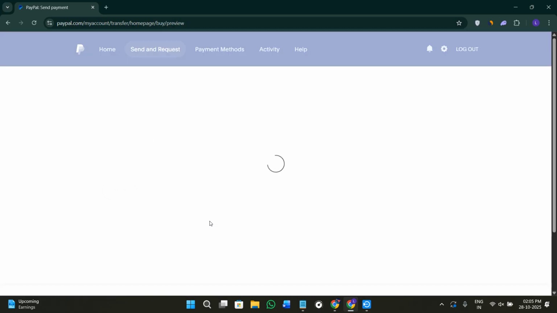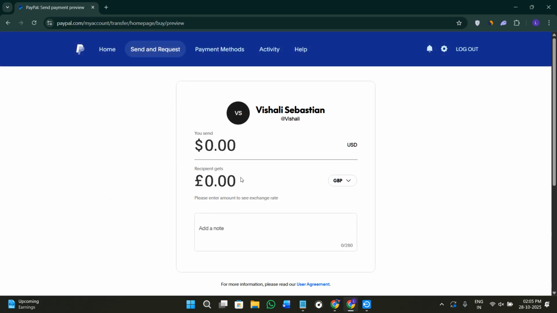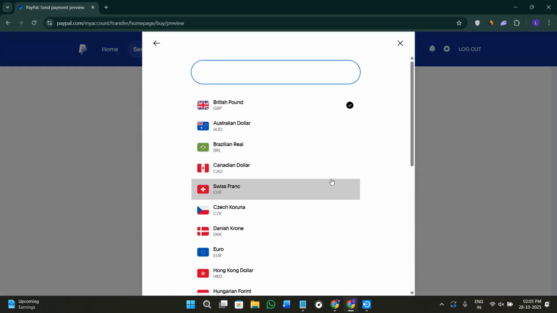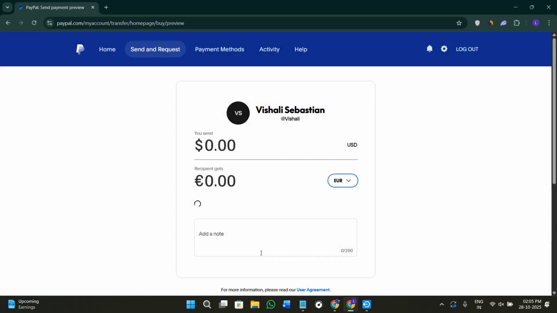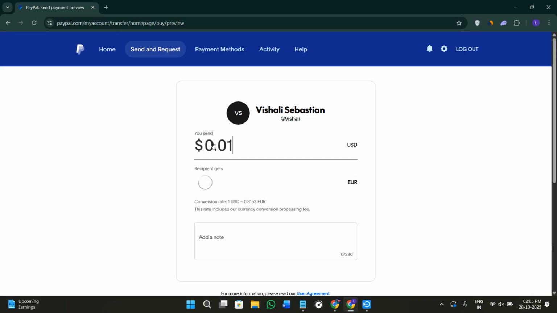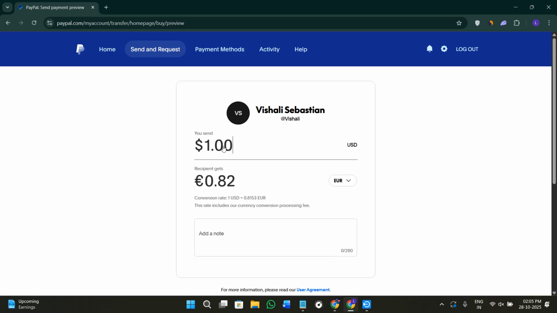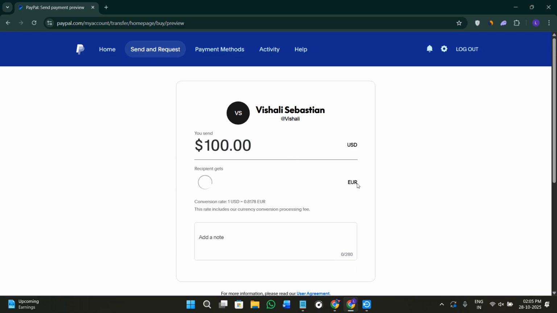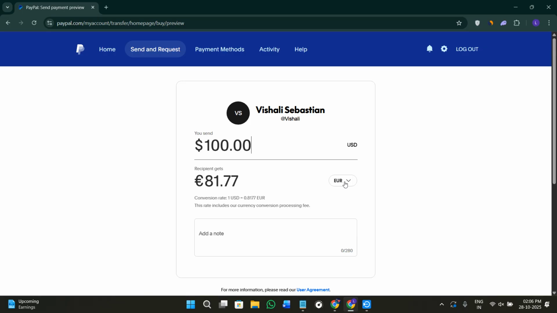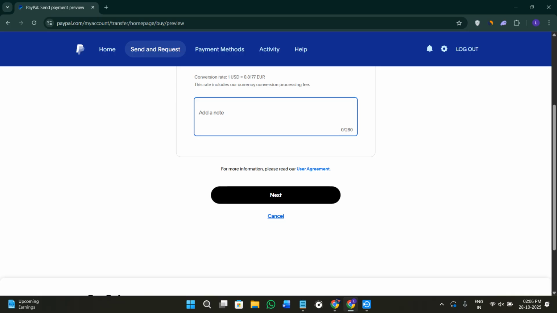Now, after selecting their name, you are going to see this type of section. Over here, you just have to first of all select the currency in which you want to send the money. Here, you just have to enter the amount and it is going to show you the equivalent amount your person is going to get. For example, if you add $100 over here, if you have selected the currency as euro, it is going to show you the converted amount. So here you can add the notes if you want, then click on the option of next here in the